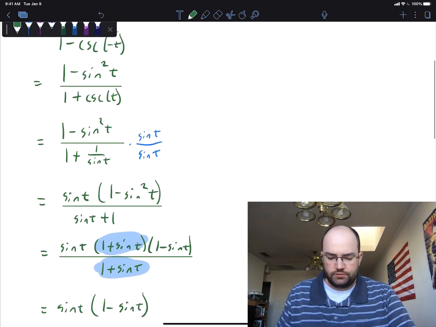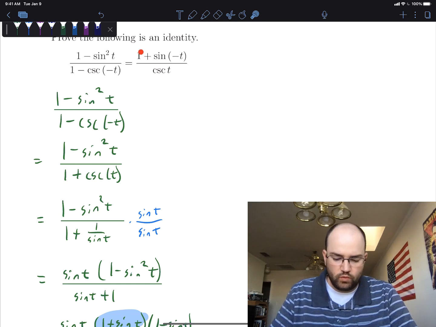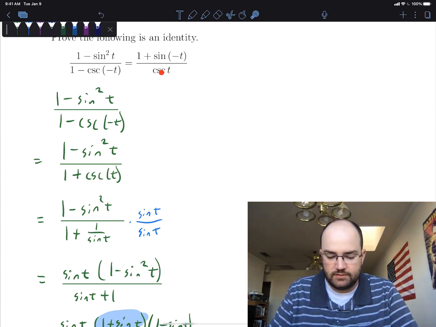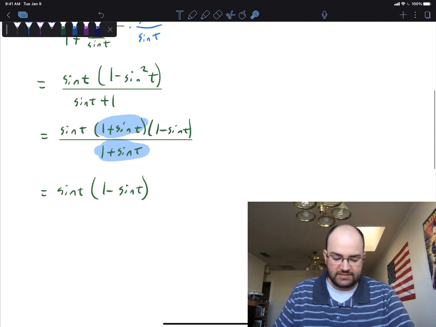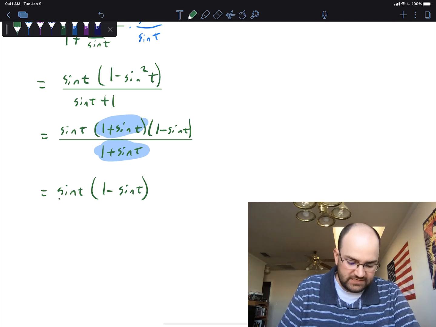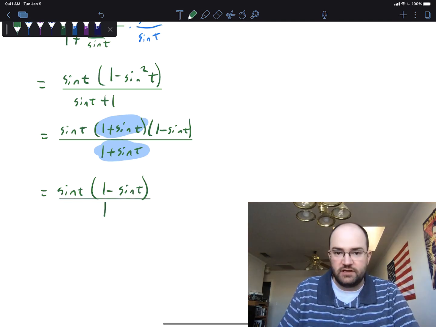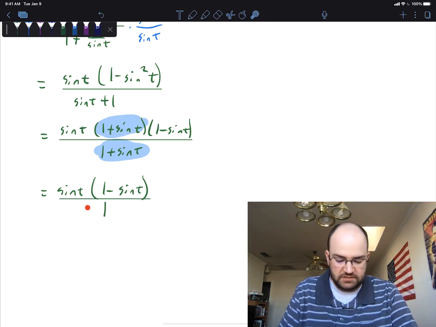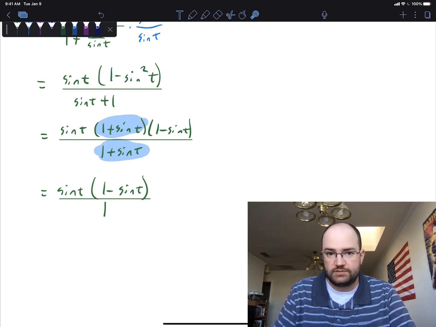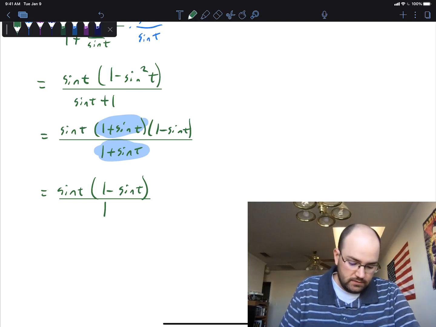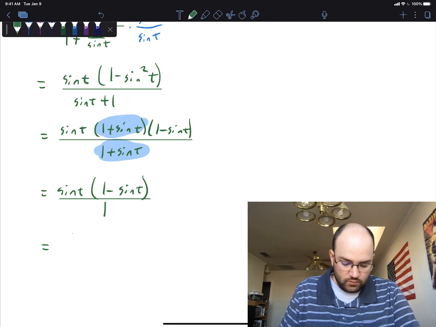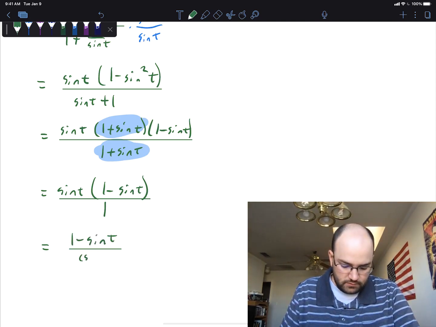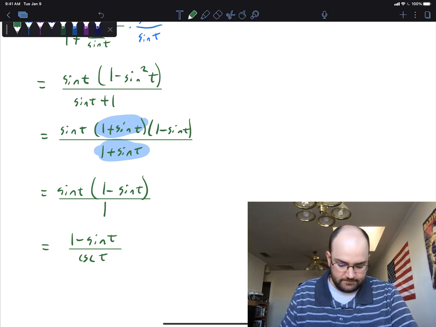And let's look at what we want to do. We want 1 plus sine of negative t over cosecant of t. But remember, cosecant of t is 1 over sine. In other words, if you move it to the numerator, it is sine. Or if you take a sine from the numerator and move it to the denominator, it becomes cosecant. So that gives me 1 minus sine of t, and then over cosecant of t. So we're very close,